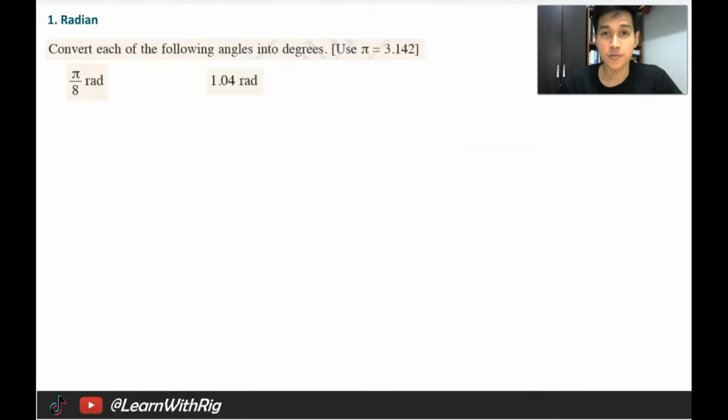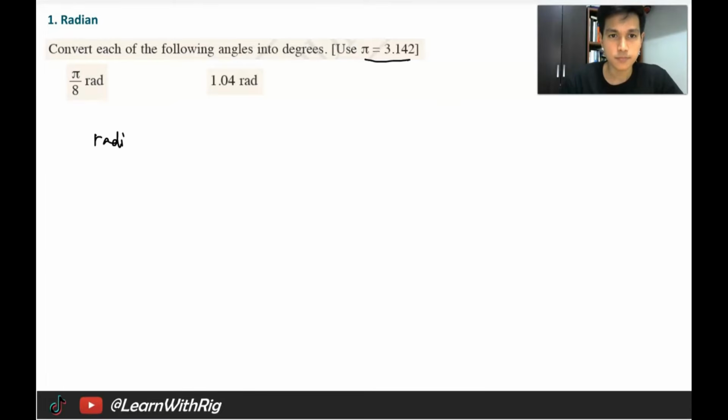Before we start off with the difficult questions, let us start with the easy one first. In this case, convert each of the following angles into degree. Now you see they gave you the pi, so you cannot use 22 over 7 and you cannot use the calculator one. You have to use 3.142. If it's stated to you, please use what they have given. So in this case, you want to convert from radian